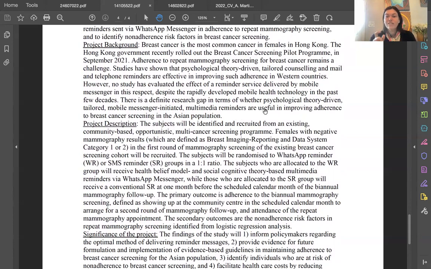What is concerning to me is that they also clearly have something in mind. If you have an intervention that you think works in Western countries, tell me that, and then tell me that you're going to test it out in an Asian population. Again, Asian population bugs me because that's a huge population. You're going to tell me about billions of people. Please tell me specifically about the people you're talking about.